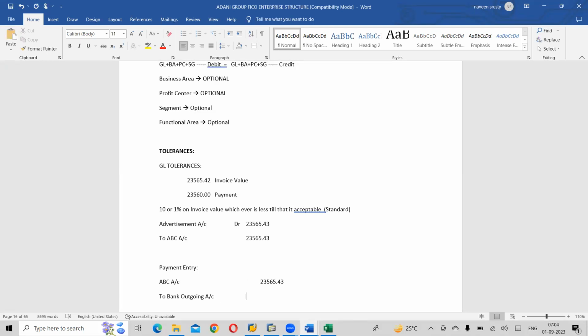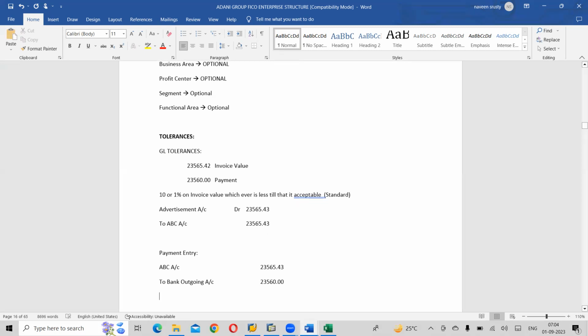So how much am I doing the payment for? I'm doing the payment of 23560. I'm doing a 5 rupees difference, 5.43. So whatever difference is there, if it is within an acceptable limit, then automatically there is a ledger we will create